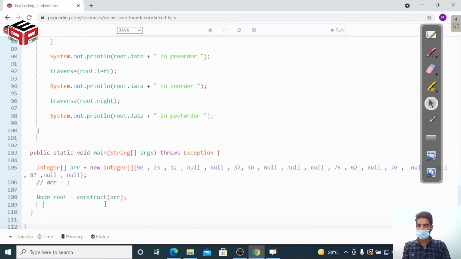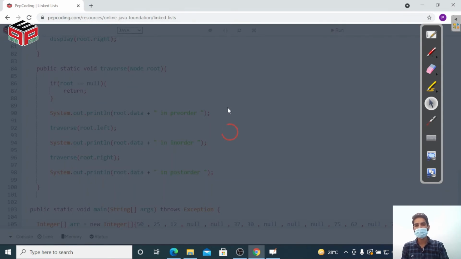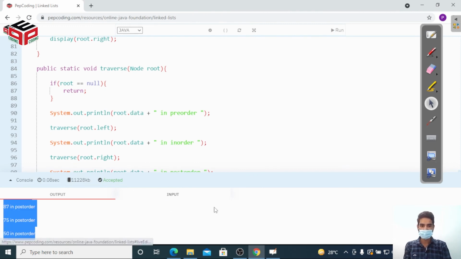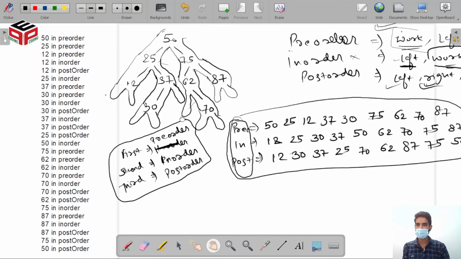Okay, now firstly let me run this code. We will call traverse root. Okay, let me check. Firstly we call left, right, printed. Okay, so this is good. Let's run this code. The code is running, yeah. So our code is accepted. Let me copy this, go back and paste it.